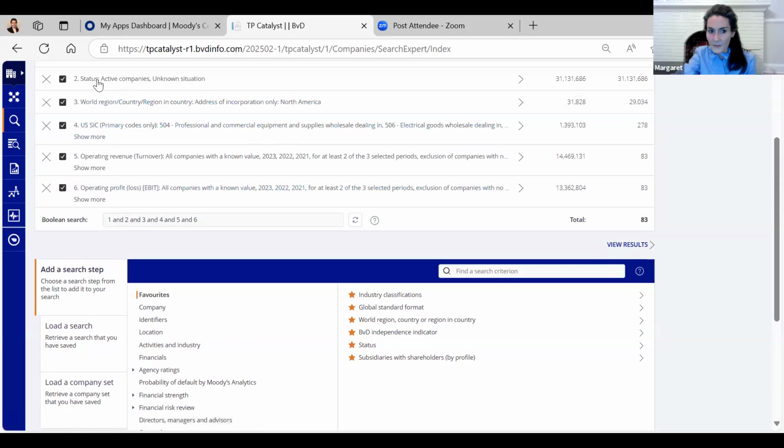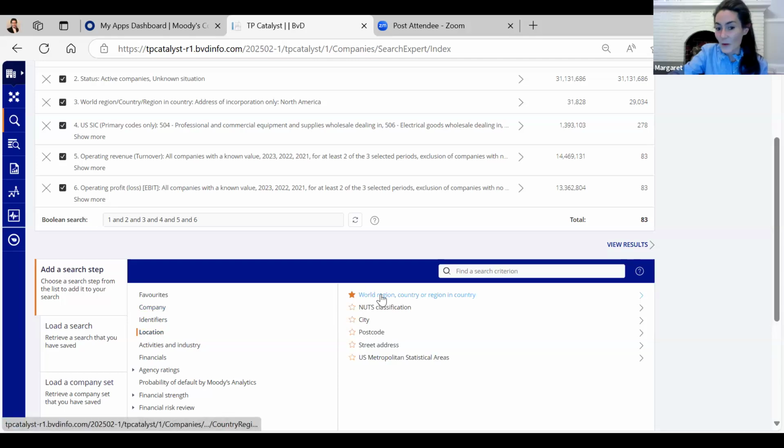So like if you're wanting to know about status, you could type in status here, or active or unknown. You could put active or unknown in here, and the tool will bring that up for you. I have these starred because they're in my favorites list. If we're looking at location, the one that I chose, it's the first one. And the way you put something in your favorites list is you just click on the star. And once it's orange, it'll show up in this first group.